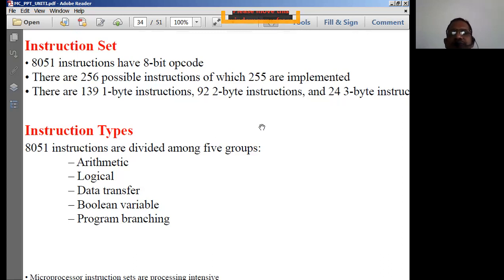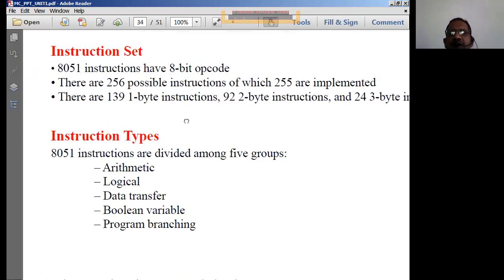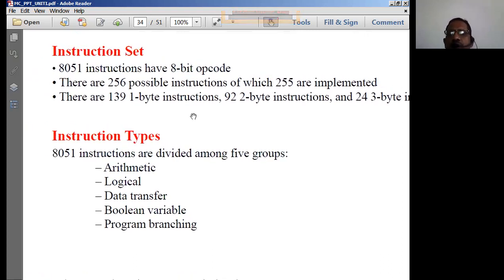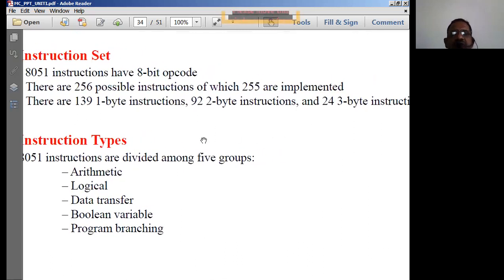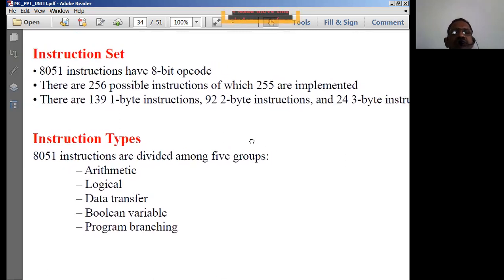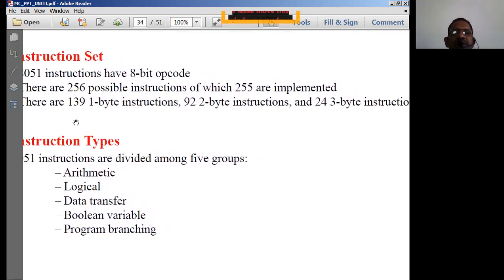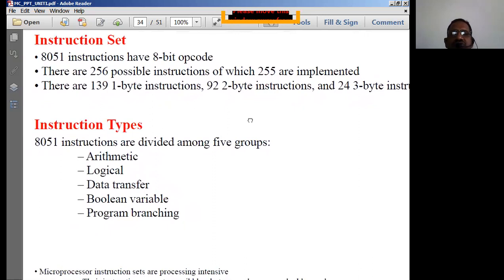Opcodes. Opcodes are nothing but instructions. The instructions we execute are going to be 1-byte instructions, 2-byte instructions, and 3-byte instructions. That's what we are writing here. The 8051 microcontroller supports 139 1-byte instructions, 92 2-byte instructions, and 24 3-byte instructions. So these are all the various opcode sizes we have in the 8051